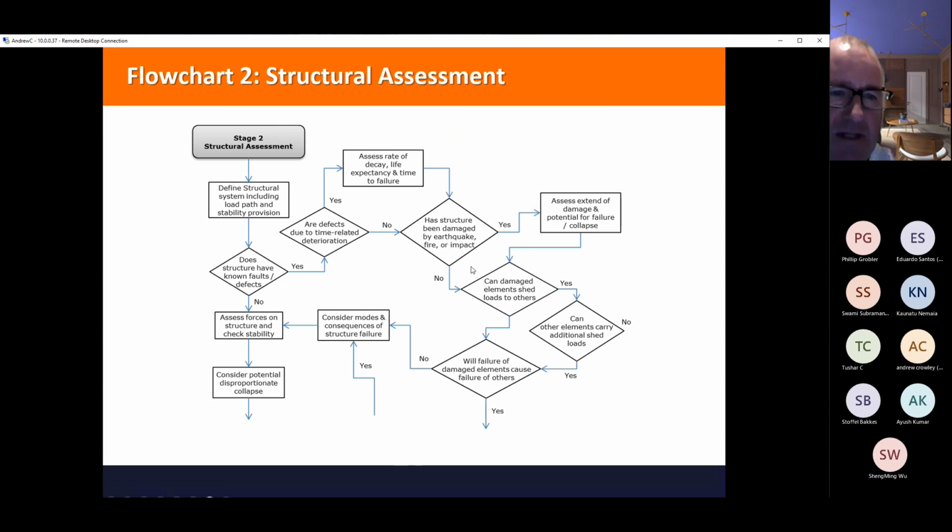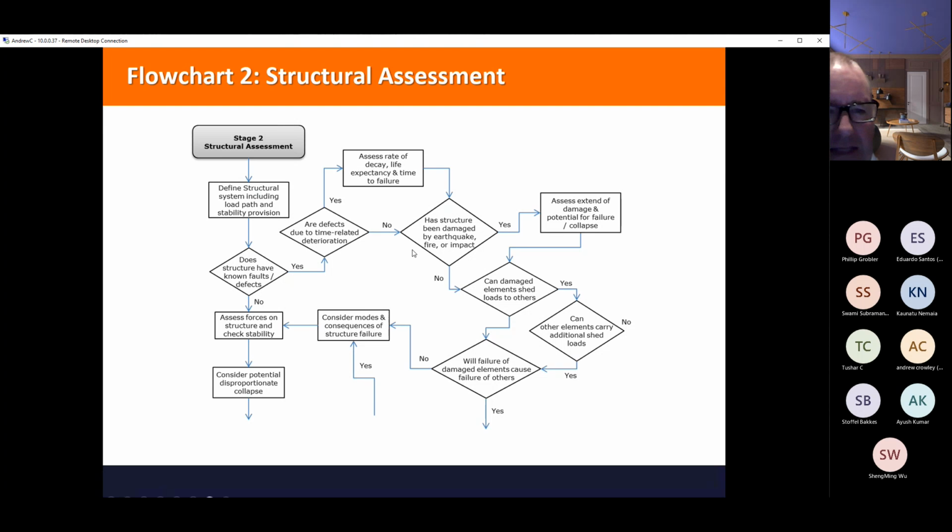Has the structure been damaged by earthquake, fire, or impact, or even these days, flood, all the things that come with flood? As you saw recently, it's not the water that does the damage, it's what the water brings. In almost every flood, you'll get a lot of silt coming in, causing a fair amount of damage and debris. And in New Zealand, we've seen what they call slash, which is forestry debris, large lumps of wood washing down and crashing into things, causing quite a bit of damage. So these can impact on your cladding and may even impact on your timber structure, for example.